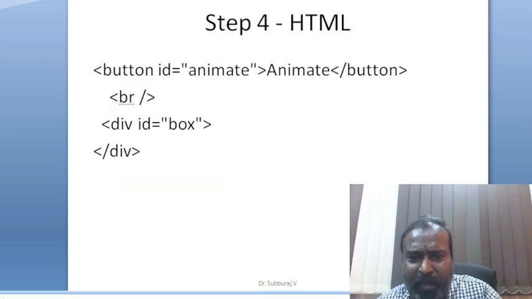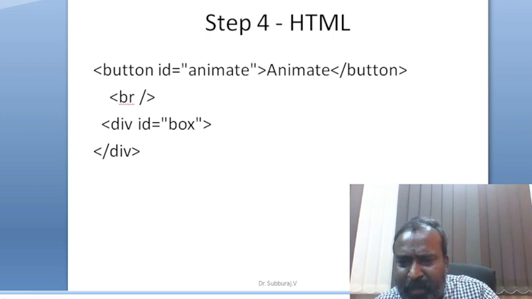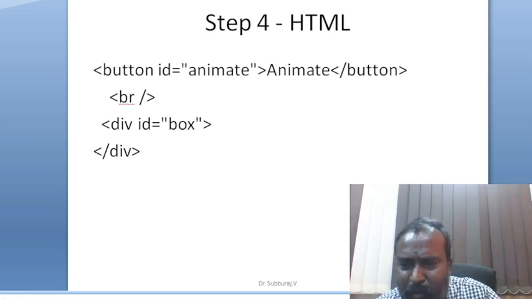Finally, this is the HTML page where you assign that. Because you are using a hash selector, you have to mention it via the id, and this will be called there. While clicking the button you will see some transition in the div box. As simple as that. By using these four steps, you can bring animation into your web page.